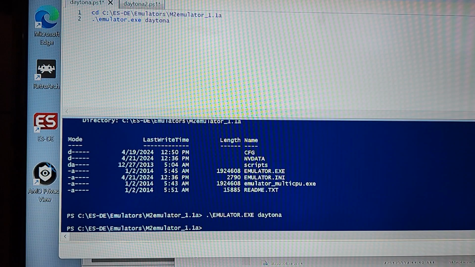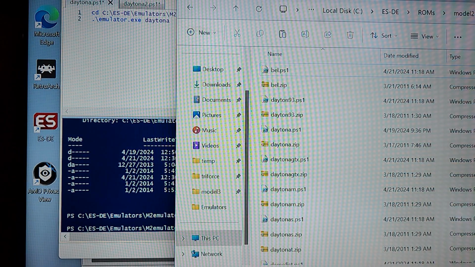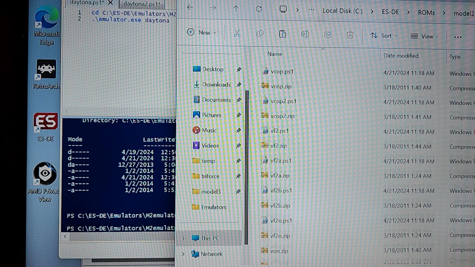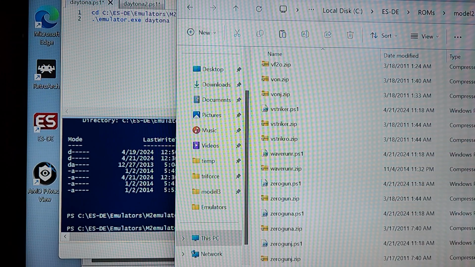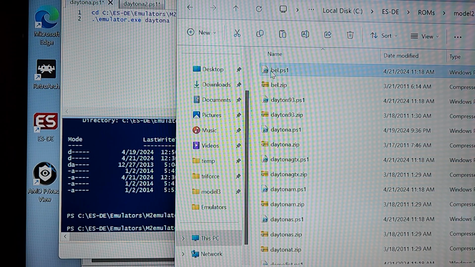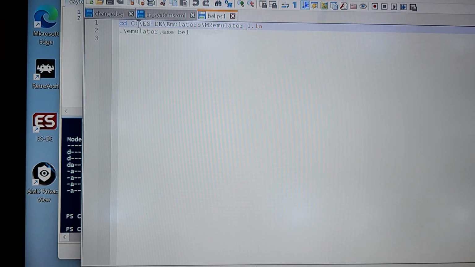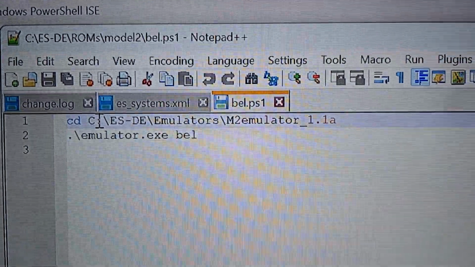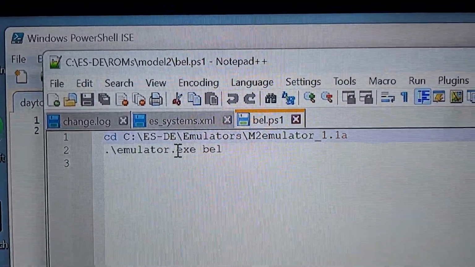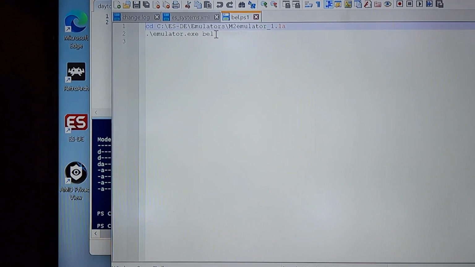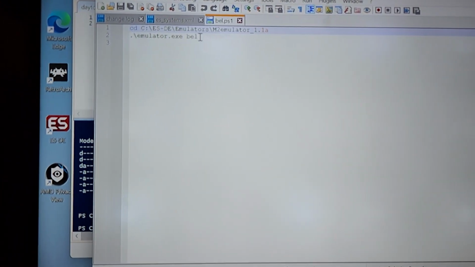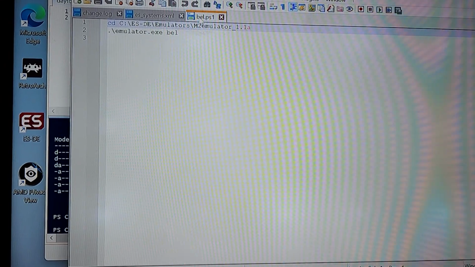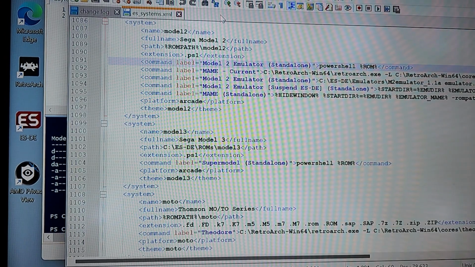Now each one is going to be unique, so I made all of the files have their own script file. And if I say open with this, it'll show you that it's CD, and then it's going to this folder, and then it's typing emulator and the BEL for that particular game, because that's the name of the zip file. But you don't put .zip, you just put just BEL. That's how the